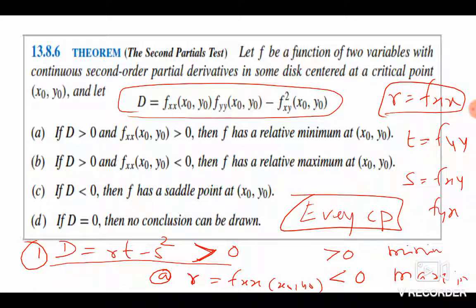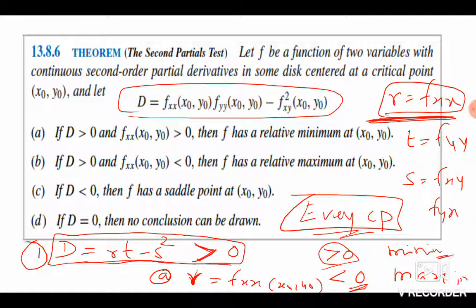So if the discriminant d is positive, it means that there is either a relative minimum or a maximum. So how do you conclude this, minimum or maximum? Check the sign of r. If r is negative, you get a maximum at the critical point. If the sign is positive, you get a minimum, so they are opposite to each other. That's the concept. Fine. Next, if the discriminant d is negative,